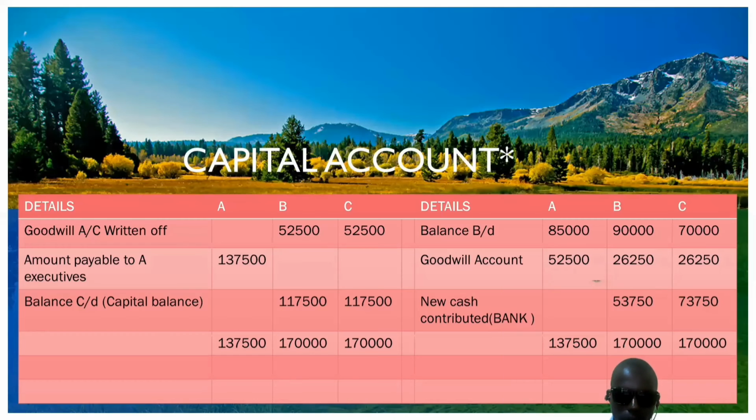and this is the amount that should be brought down in case of another year of partnership. Let's see how we treat it. So let's consider the debit side. On the debit side of the capital account, this amount of 117,500 we reckon as balance carried down, or the capital balance. You can see here we have 117,500 to B and 117,500 to C. From there, you balance off, and the difference should be the amount that will be introduced into the bank by B and C, respectively.